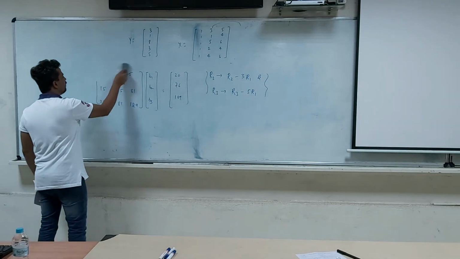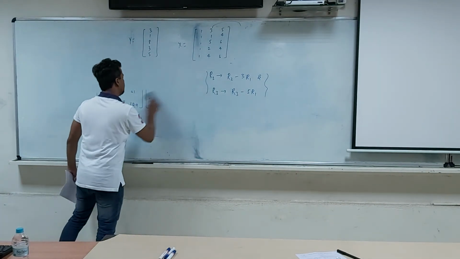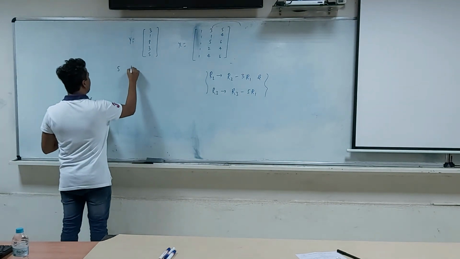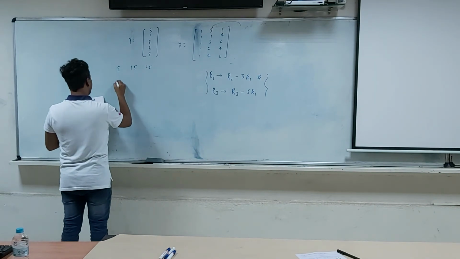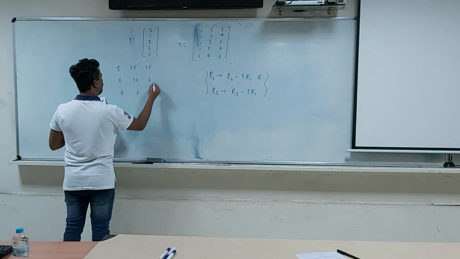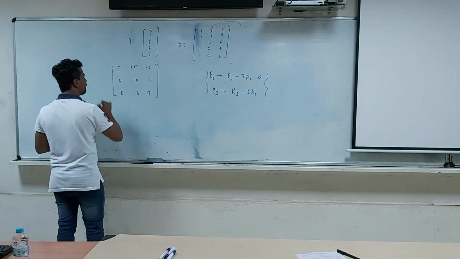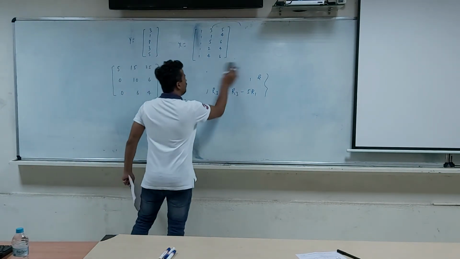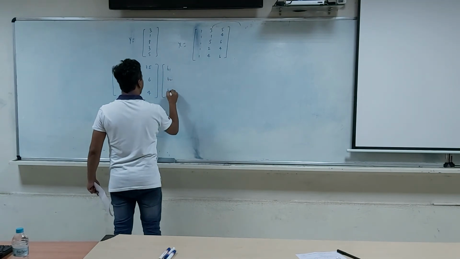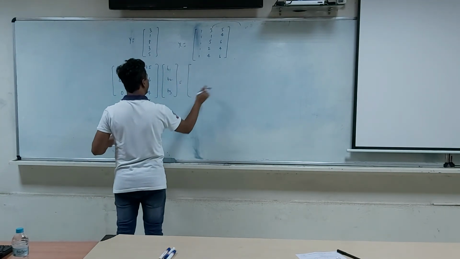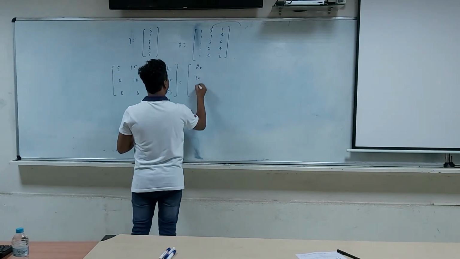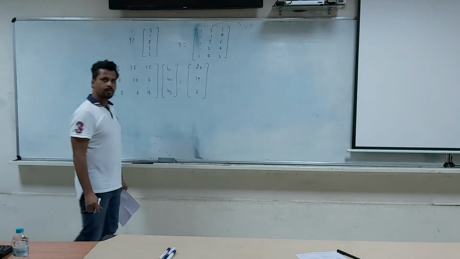So let me write it here, I now erase this. After performing these two operations, the next thing that I get is 5, 15, 25, 0, 10, 6, 0, 6, 4, right. This b1, b2, b3 must be equal to, on the right hand side also all the expressions will change, so it will become 20, 19, 6, right.